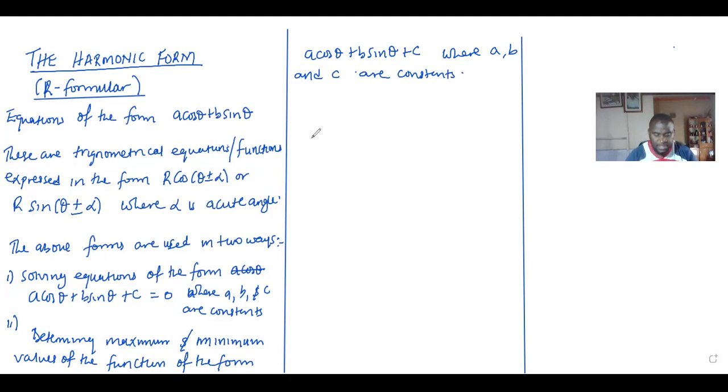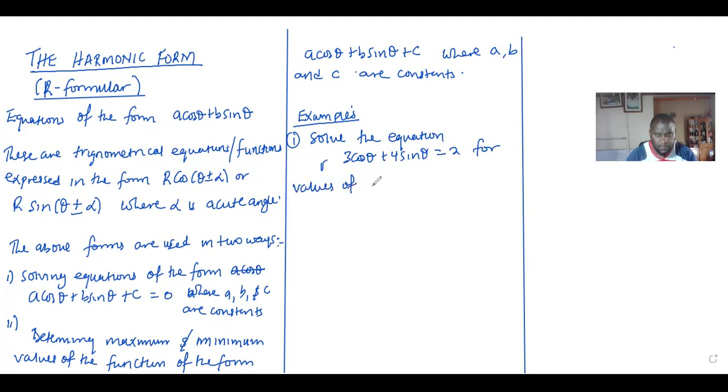So how do we go about these numbers? Examples. One, solve the equation 3 cos theta plus 4 sine theta is equal to 2 for values of theta from 0 degrees to 360 degrees inclusive. Now, we have to extract out what the question says and take a look at it broadly like that. Then you have to write that statement that you let 3 cos of theta plus